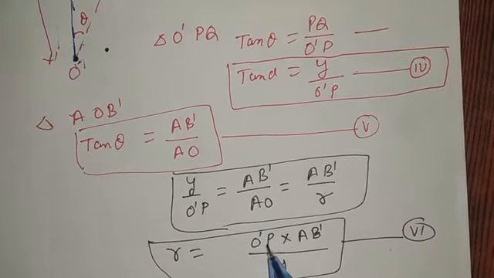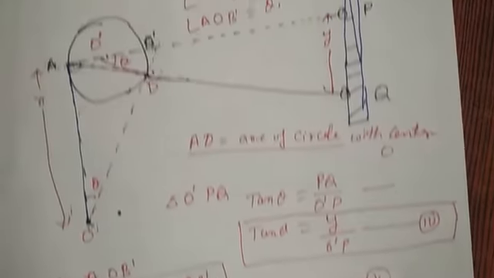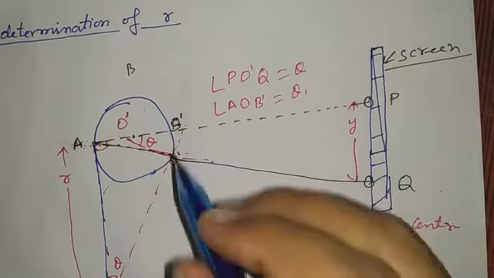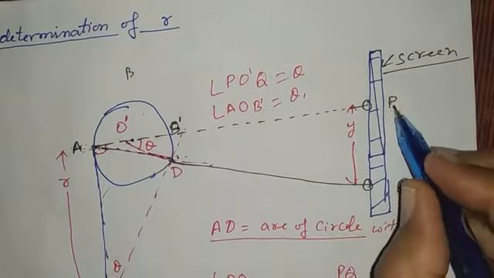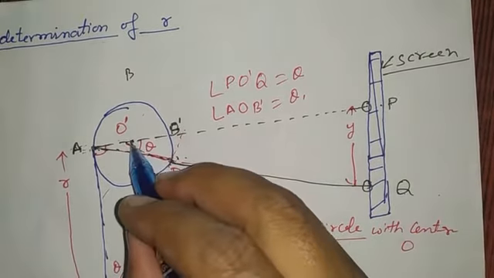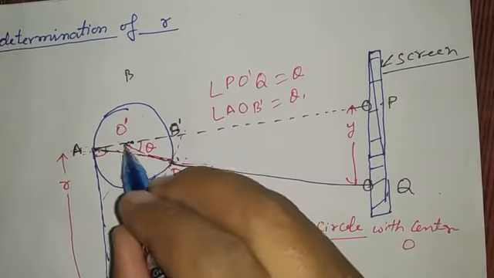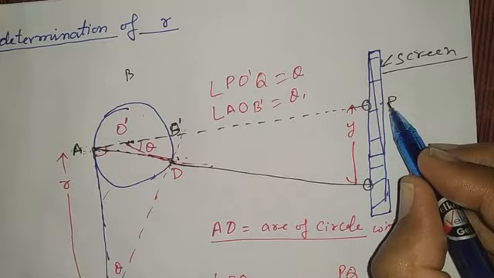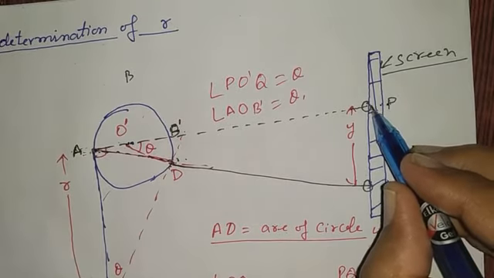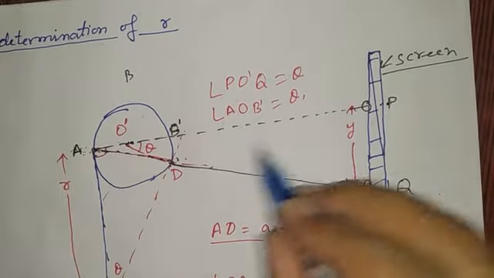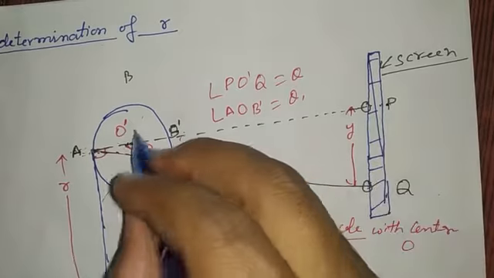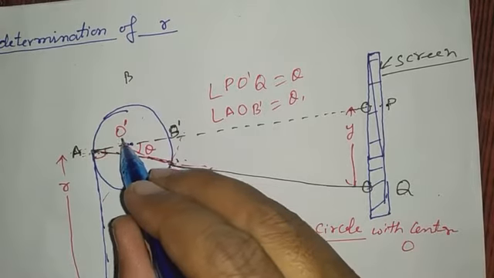Now see here in the formula O dash P in the diagram. This is O dash and this point is P. O dash is the center of the magnetic field provided and P is the spot of light obtained on the screen in the absence of the magnetic field. This length can be obtained. So this is the distance between O dash and P. See here.